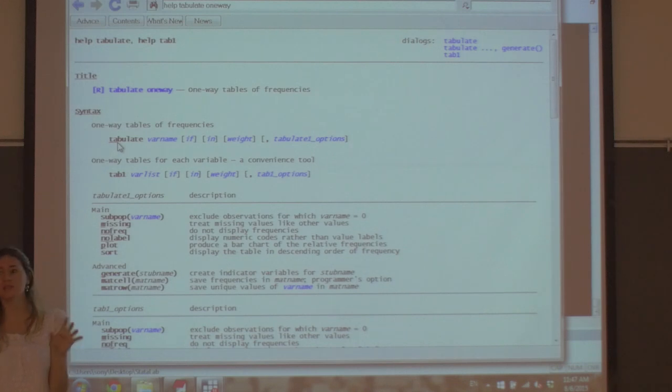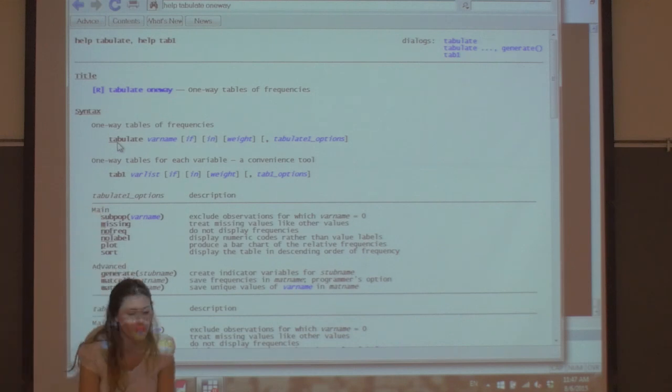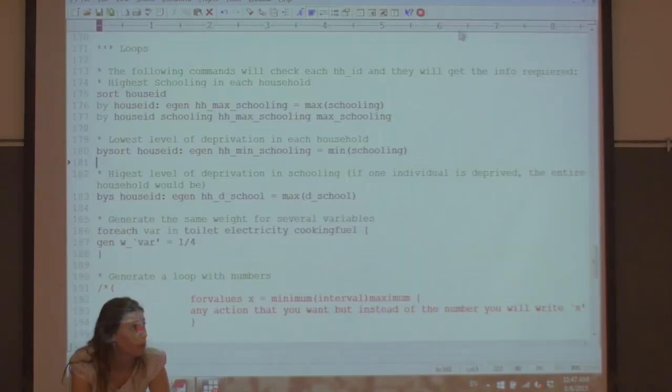If you write only T, Stata is not going to know which command you're referring to, because there are many similar ones: table, tabulate, tabstat. So for tabulate, you need TA. Usually when you go to the help indicators, it's going to underline the minimum that you need to write. Okay, and I'm going to go very quickly, because I'm past my time,